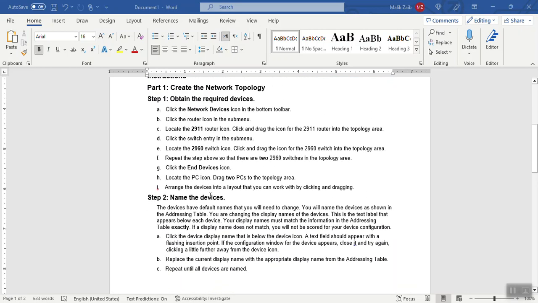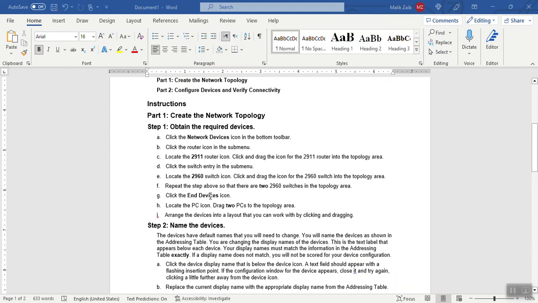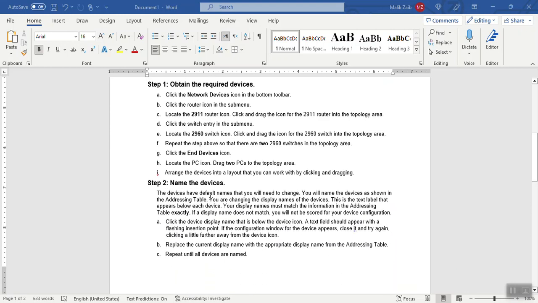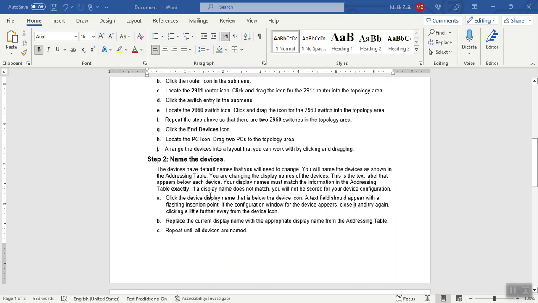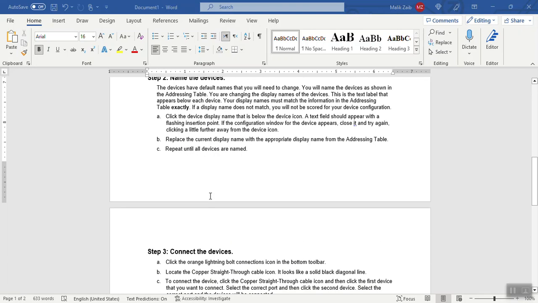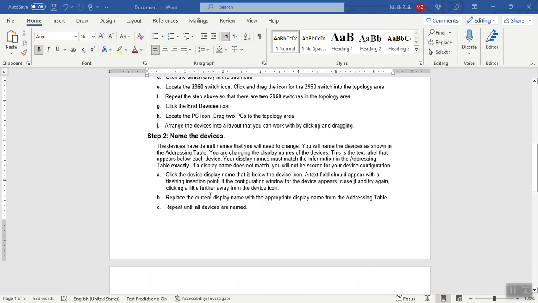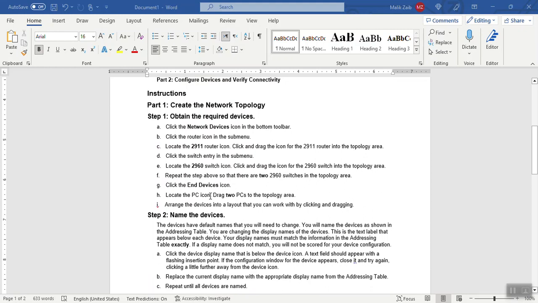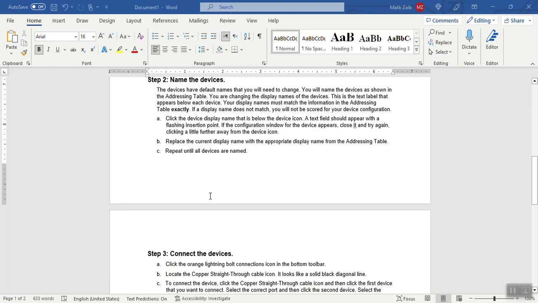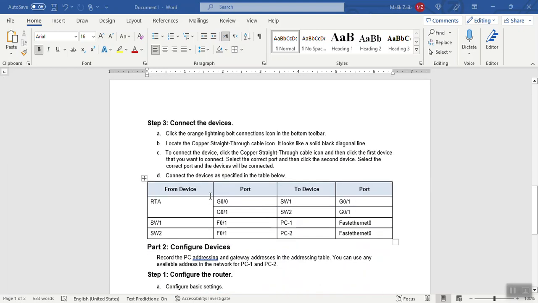In the second step, for creating the network topology, you have to specify the name for each device on the network. Then you will connect all these devices with each other. So the first part of the lab is create the network topology. For that purpose, we have three steps: obtain required devices, name the devices, and connect the devices.